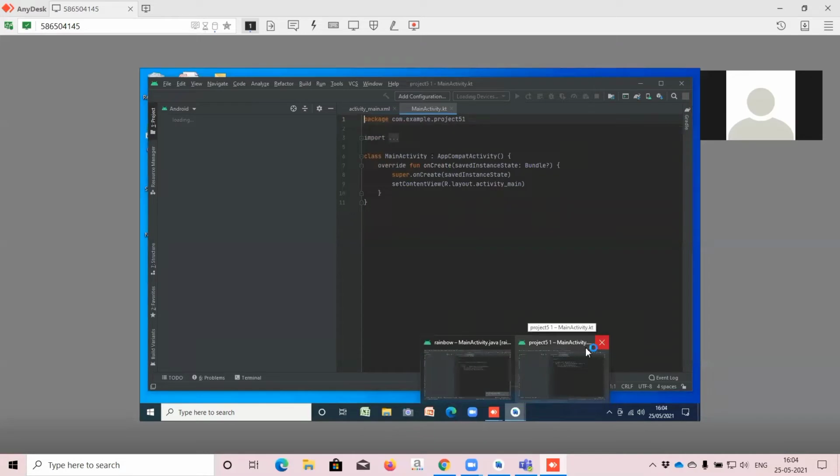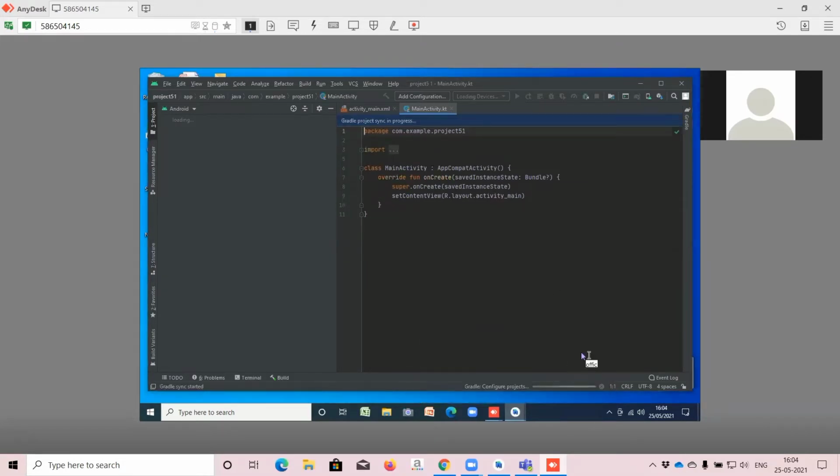No, you're not supposed to close like that. Just give me a minute. Let me show you. For an example, initially you have to break the Gradle. Okay, I'm breaking the Gradle. It will take some time. See, stopping Gradle.